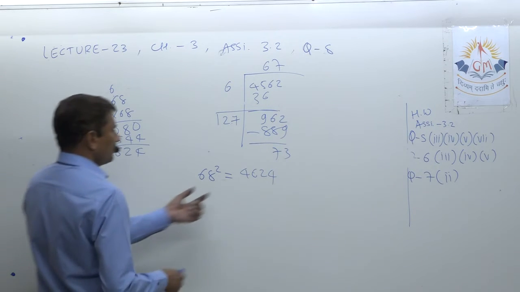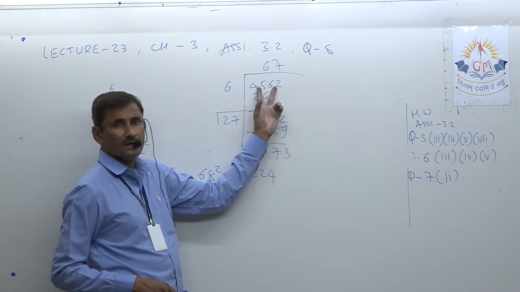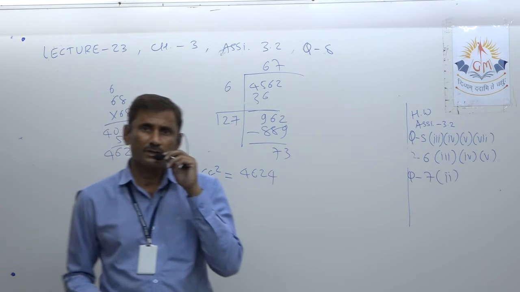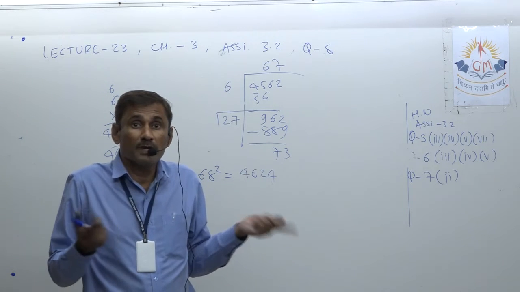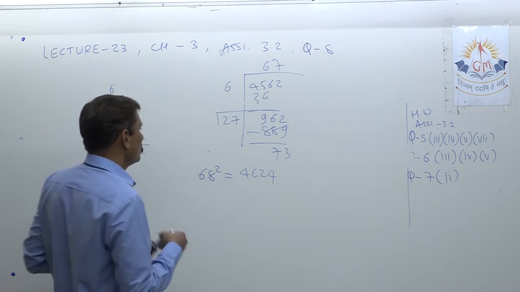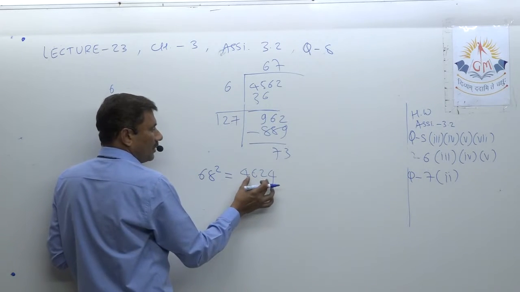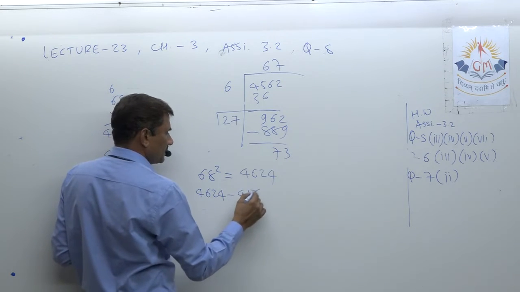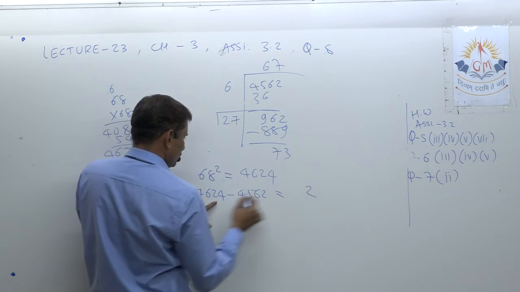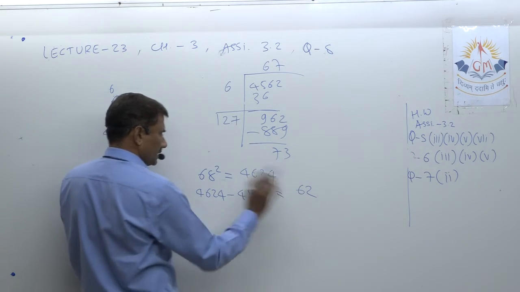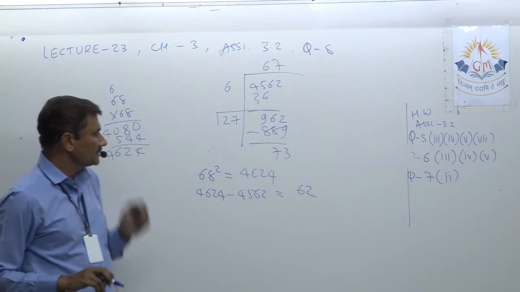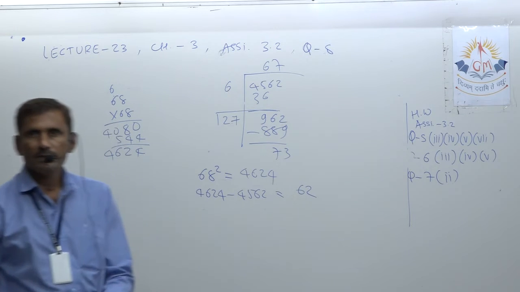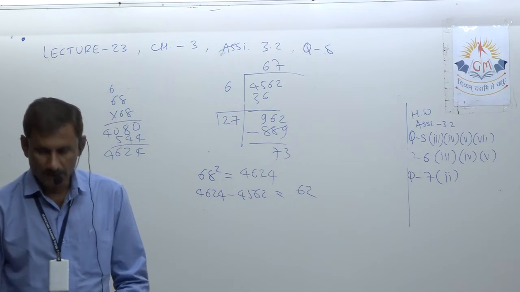Okay, now we have to reach up to there. Now where are we actually? 4562 only. It is not important now. Now the remainder is not important for this type of question, the what-should-be-added type. So now subtract to see how much difference there is. So 4624 minus 4562. It will be 4 minus 2, 2; 12 minus 6, 6. Then nothing is there. So we are 62 far from there.